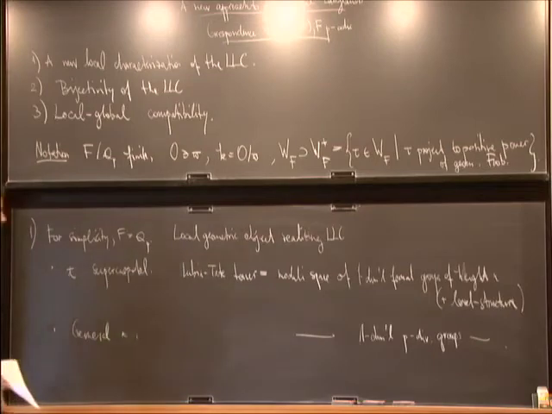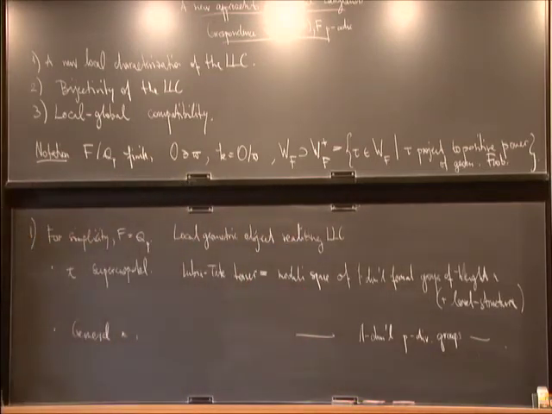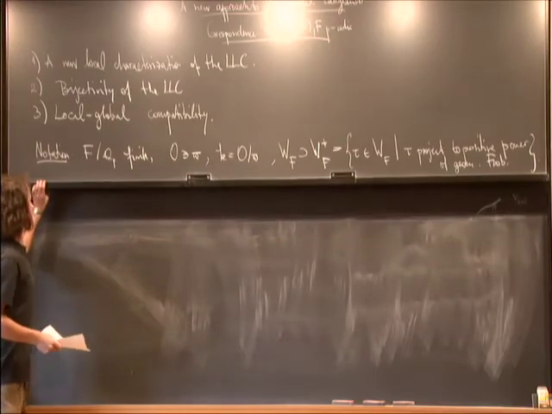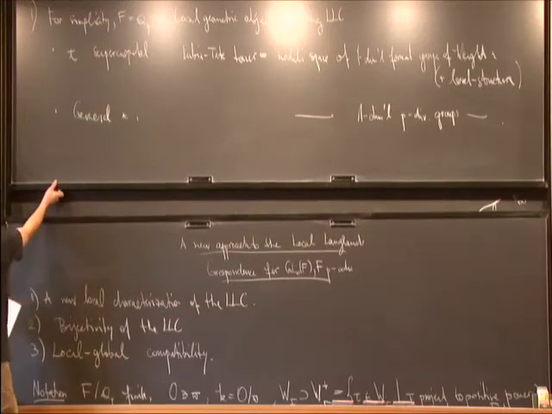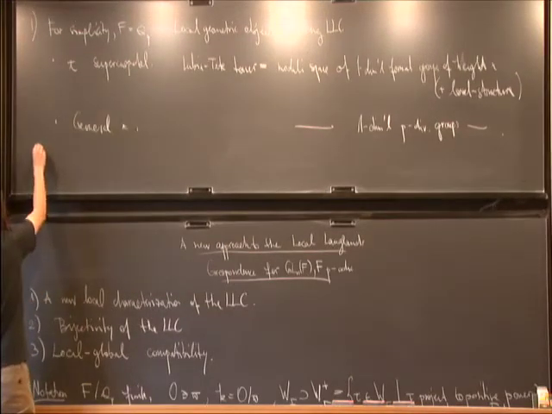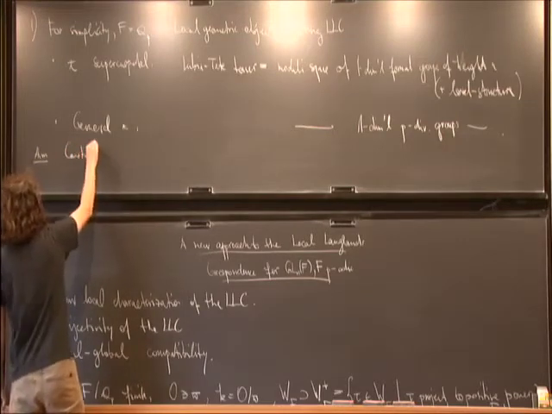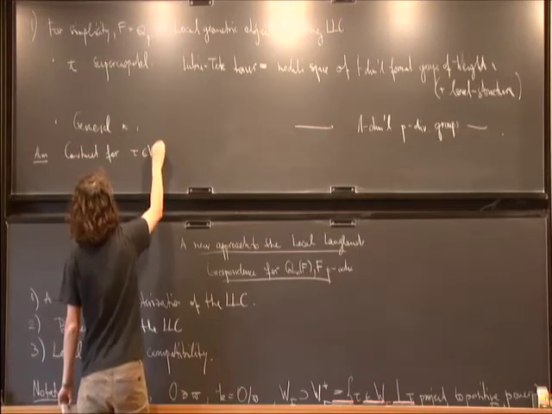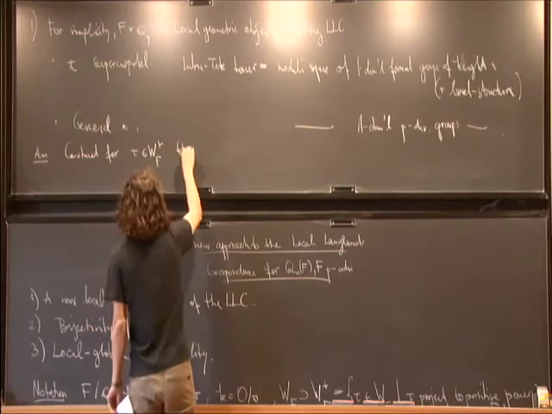Now this is quite an ugly object. It's a pro-Artin stack and it's not easy to get your hands on it. But one thing that I can do, this one I want to explain. So the aim is to construct one element in this positive part of the Weil group. The element